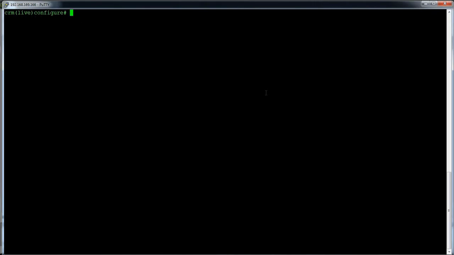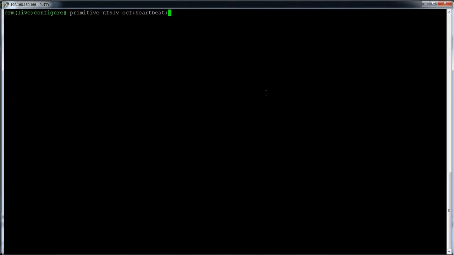And if you want to configure a new primitive, you can do it like this: primitive, then the name of the primitive, for example NFS LV, and you have to specify the resource agent, ocf:heartbeat,